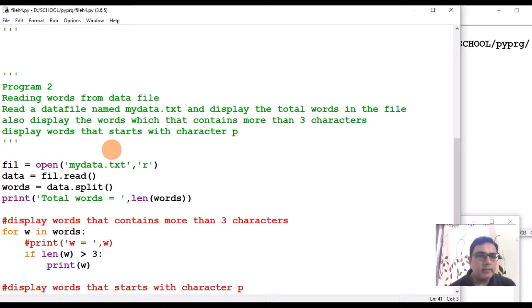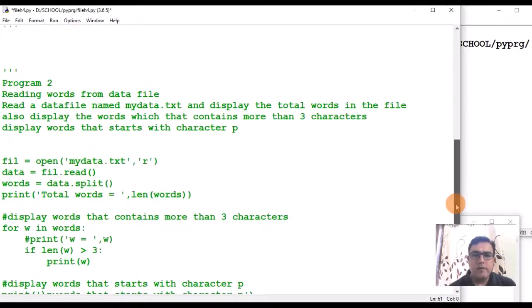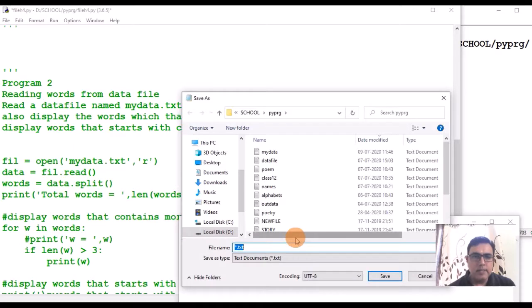First I'll make it a comment. Then I will first save this file: save as, I'll give the name, let us say, temp data dot txt.